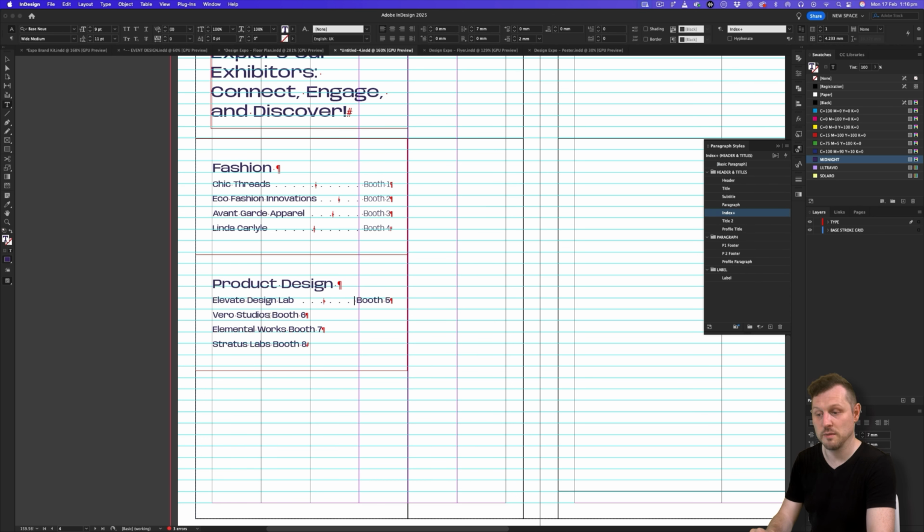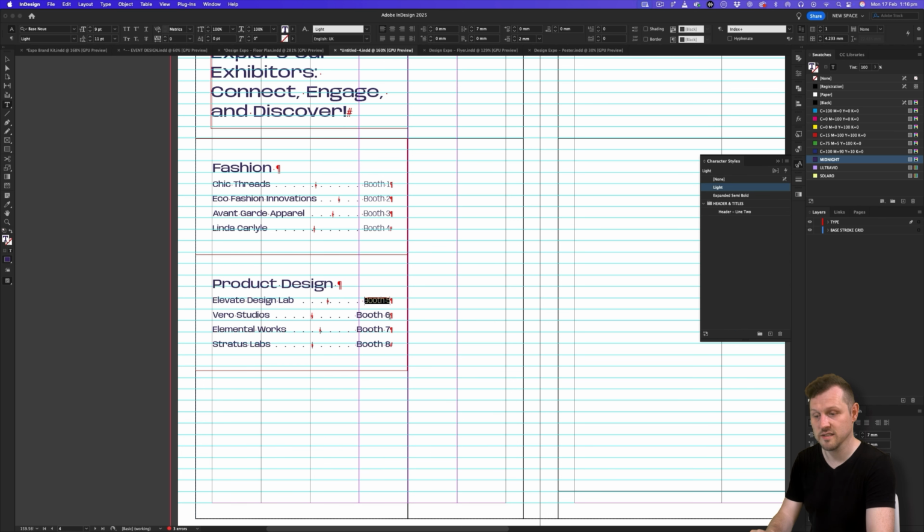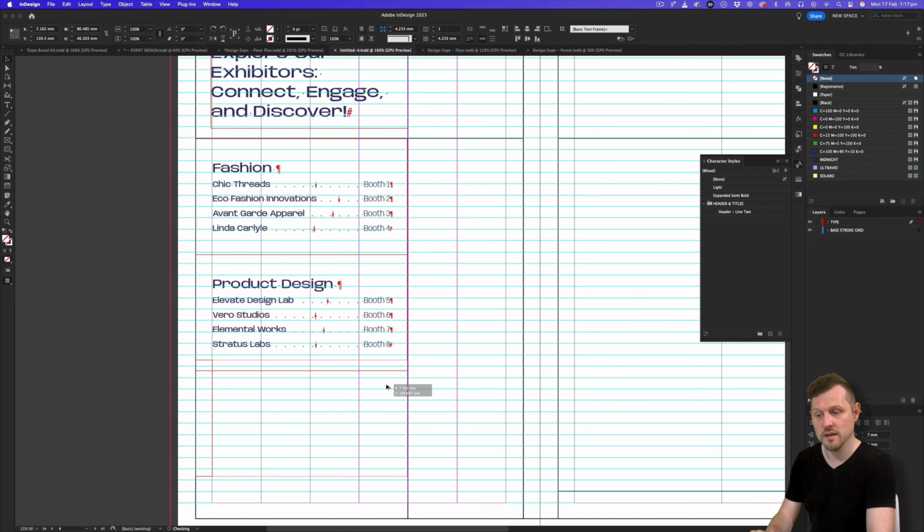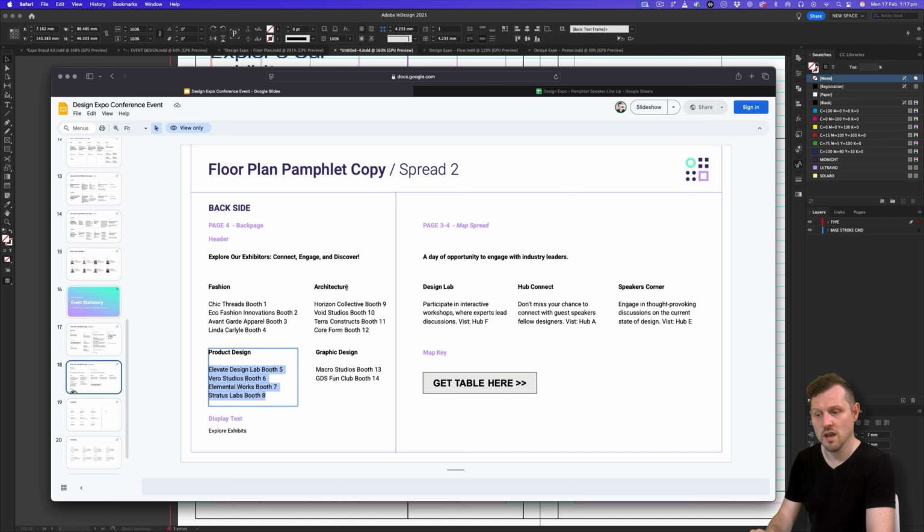I'll do this for the lines below and we'll have the index. Next, I'll just come and quickly select the booth number and set the character style to light, and that sorts the second index. So I'll do the same again, duplicate the top text box down, I'll jump back into the